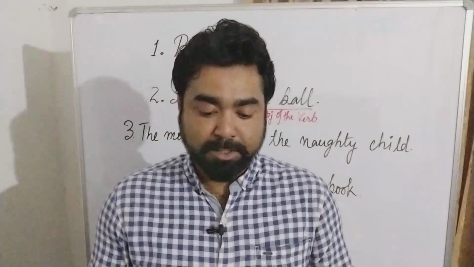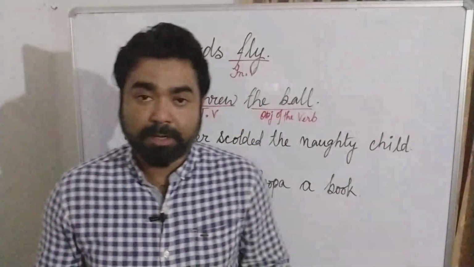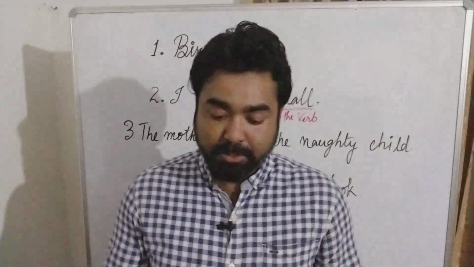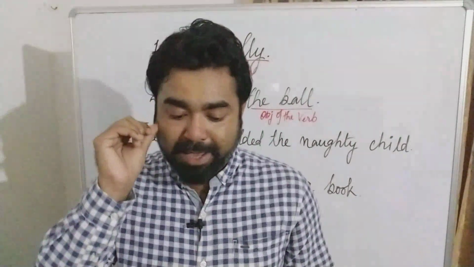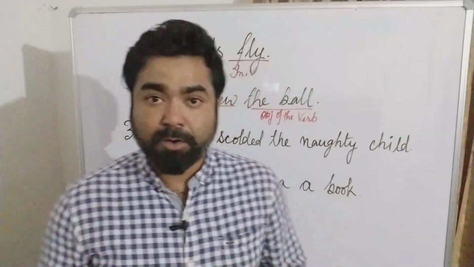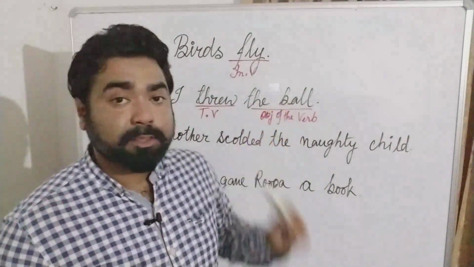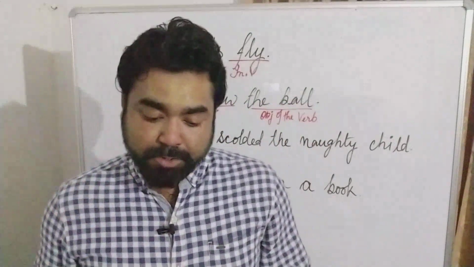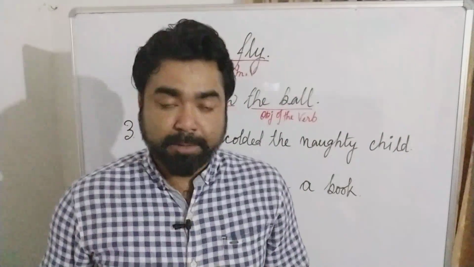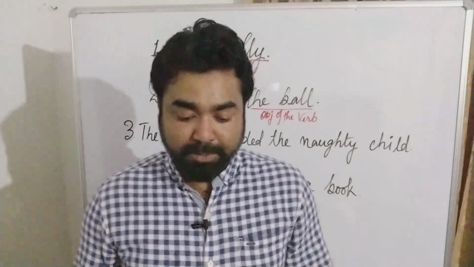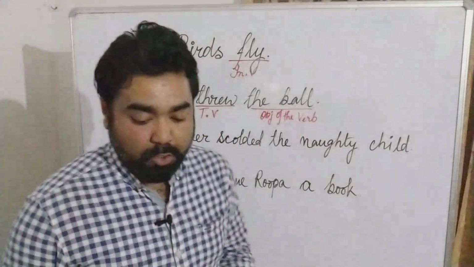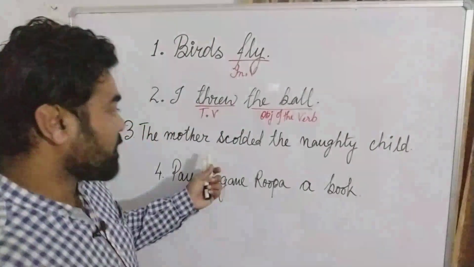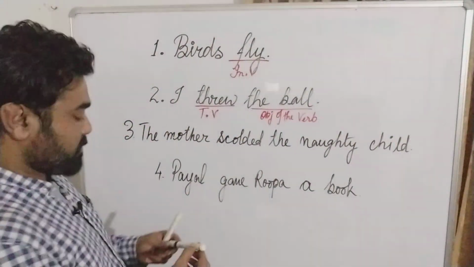Moving to the next page, we have been given: when an object consists of more than one word, we have the object word. Just now I have explained the object word is the ball, which is a noun, and its attributes, just like we have attributes for the subject word. The example given is: the mother scolded the naughty child. So we have the example written down on the board. So let us look at it.